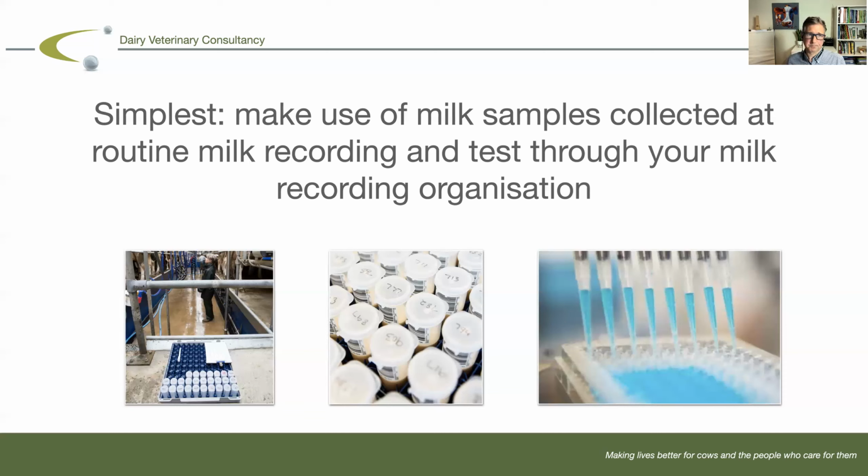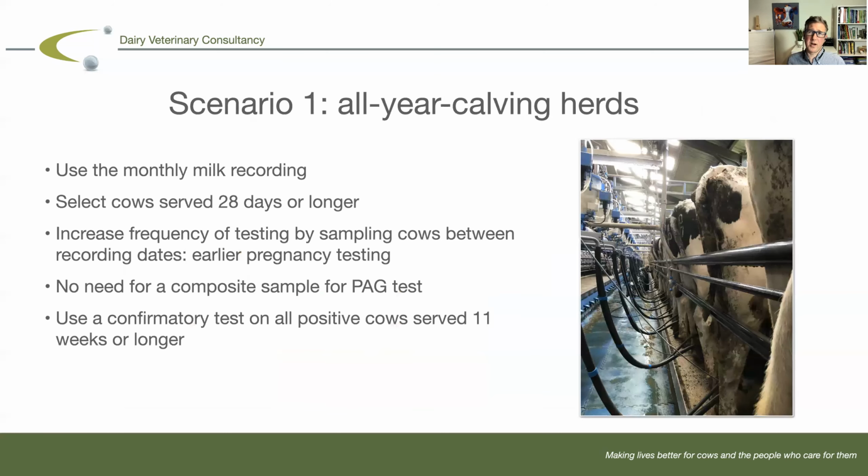So let's look at a couple of scenarios, and we'll look at scenario number one. This is the all year round calving herd. If you're using monthly milk recording, then continue to use your monthly milk recording for selecting cows for PAG pregnancy testing. You could just choose to do the pregnancy test once a month, in which case you would